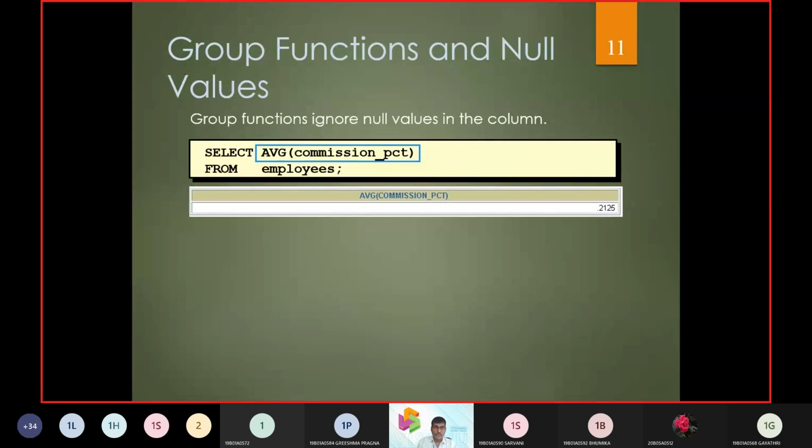Here we can see another value. When we work with an average function, null values in the column are ignored. This is the key takeaway we should understand. If the value was empty, the empty value will not be counted.